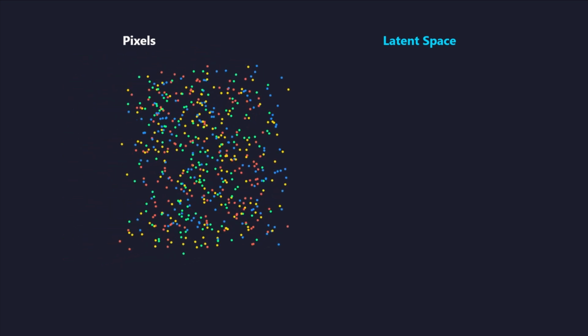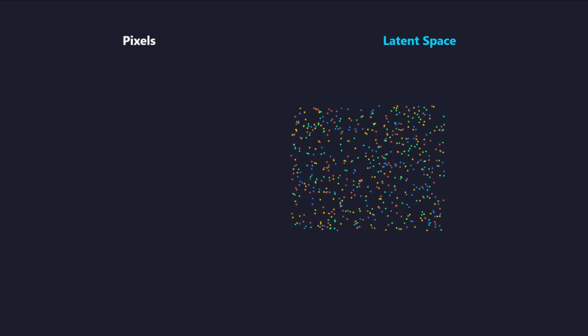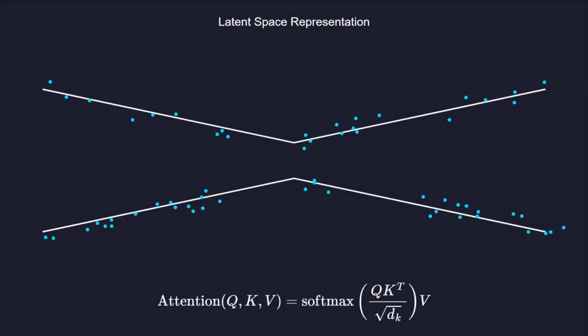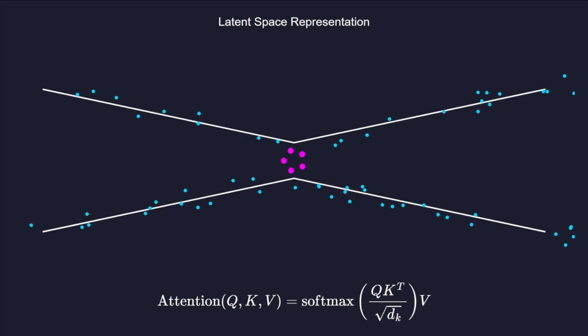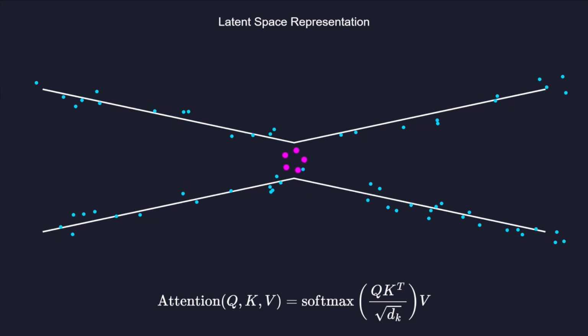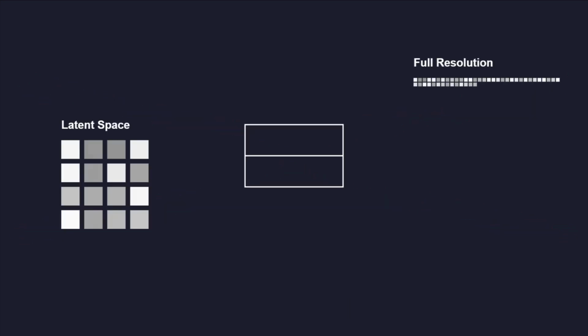The encoder transforms pixels into a distribution in latent space. This step removes redundant information while capturing the underlying semantic meaning of the visual content. The diffusion process occurs entirely within this latent bottleneck. Because the latent space is smaller, the model can afford more complex attention mechanisms and faster sampling iterations.